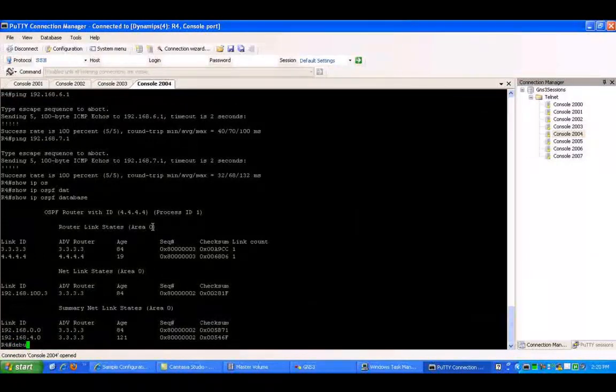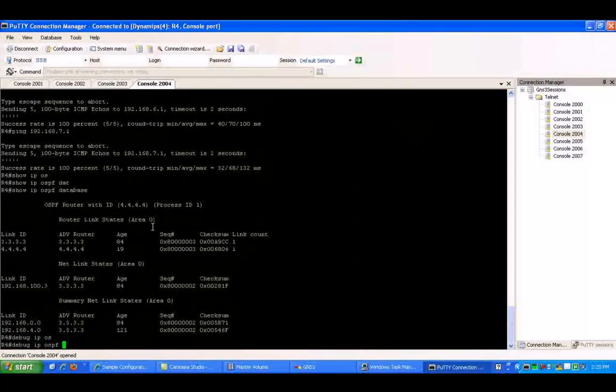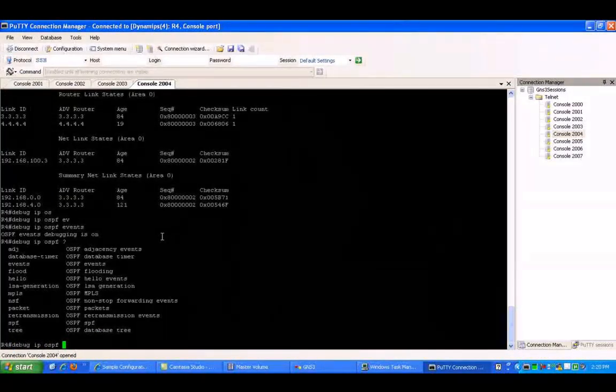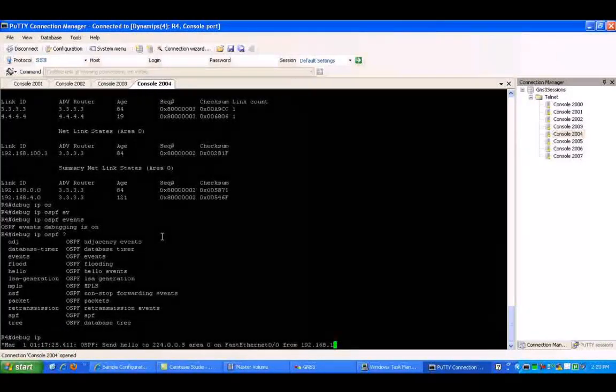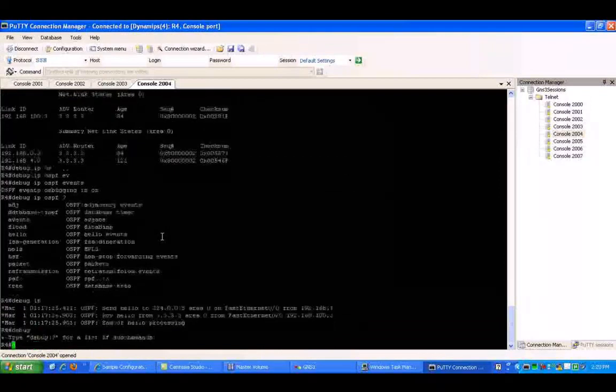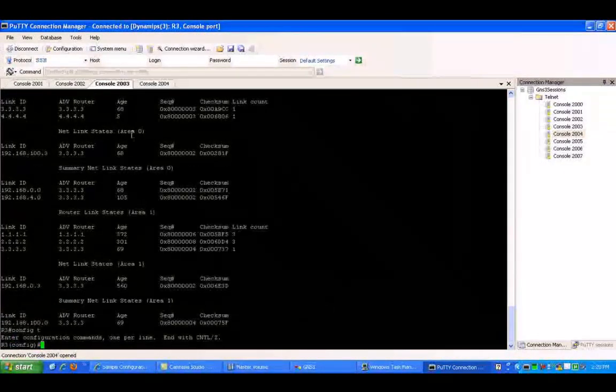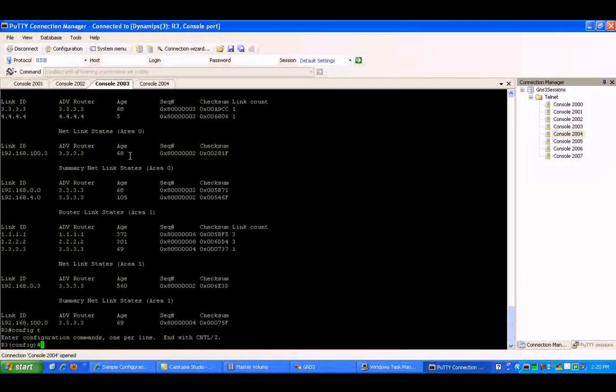So let's go to router 4 and set up some debug commands. We'll do debug IP OSPF events. I think that should be enough for now. On router 3,